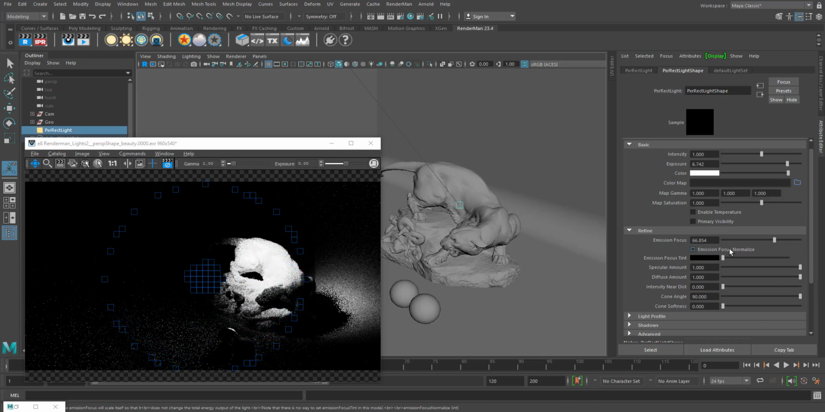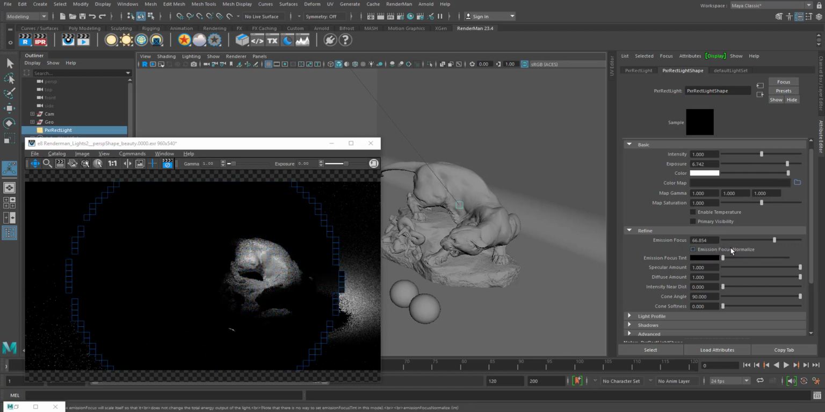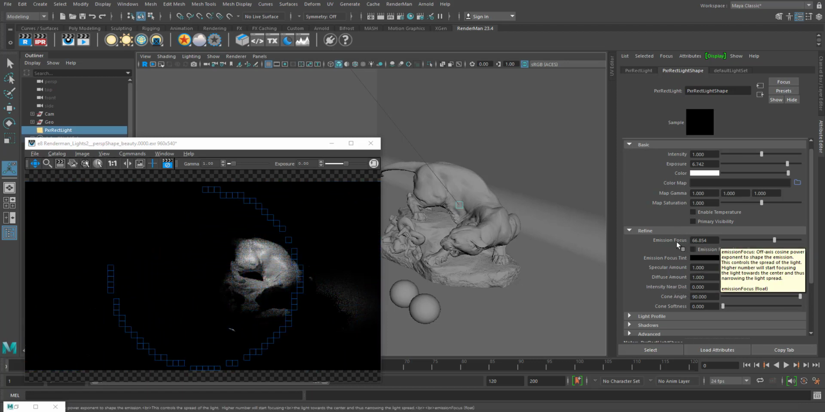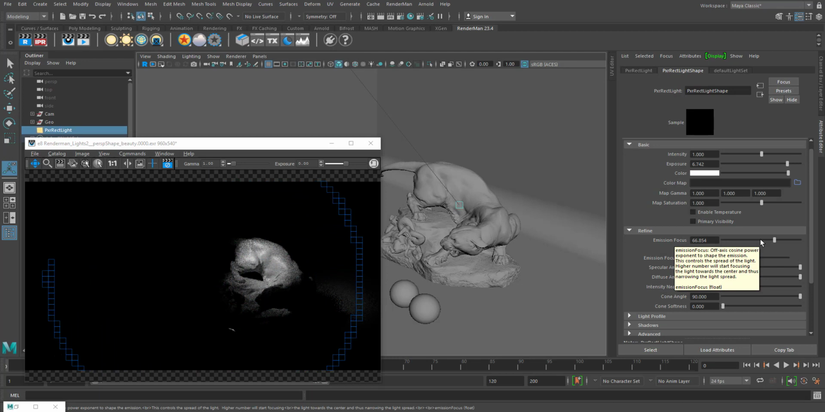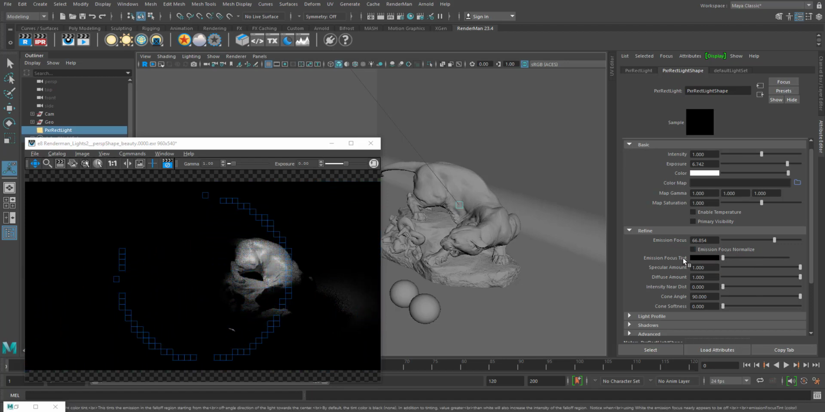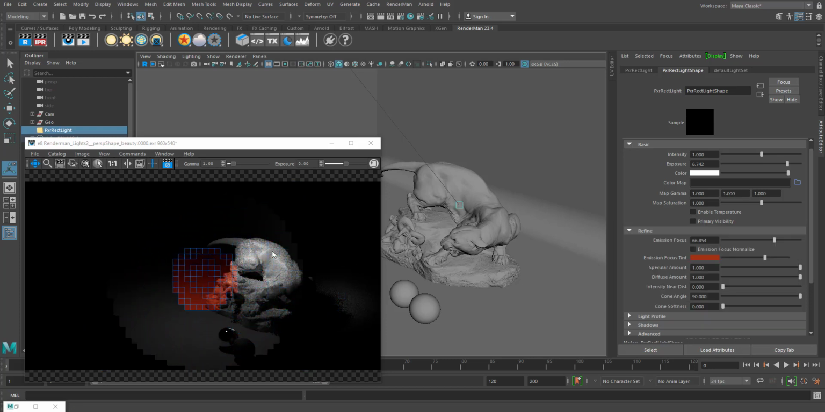So let's turn this off. It usually kind of normalizes the emission focus. When you increase the emission focus, it actually scales the light itself. So in order to maintain the same exposure, you can use this, and you can use the emission focus tint to give some color to the area that is being